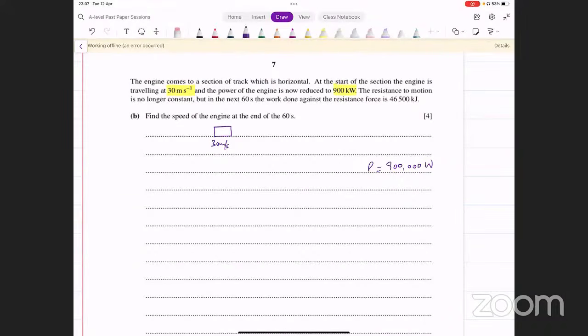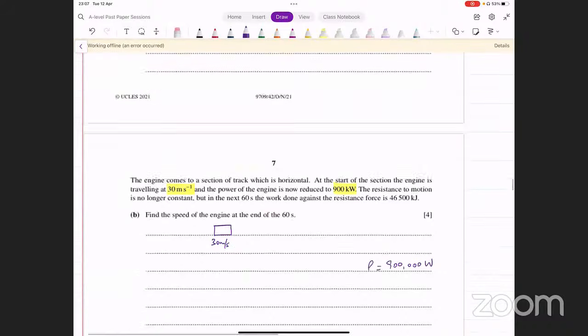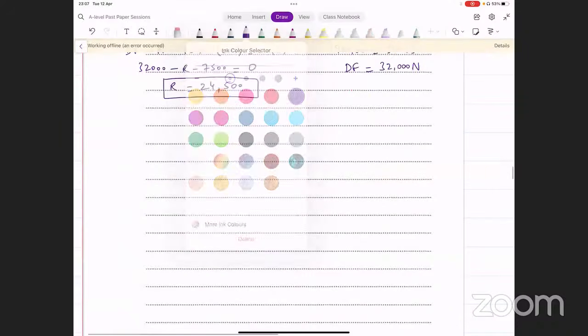Resistance to motion is no longer constant. Resistance constant नहीं है. ये उसने क्यों बताया resistance constant नहीं है? रेजिस्टेंस कांस्टेंट ना होने का मतलब ये है कि जो आपके कांस्टेंट एक्सेलरेशन फॉर्मूला हैं वो अब यूज नहीं हो सकते, बिकॉज अगर रेजिस्टेंस कांस्टेंट नहीं है, तो एक्सेलरेशन भी कांस्टेंट नहीं होगी। तो आप ना तो ये यूज कर सकते हो,